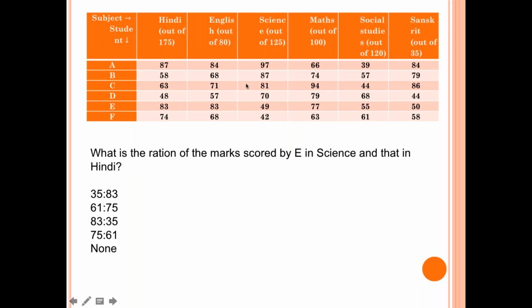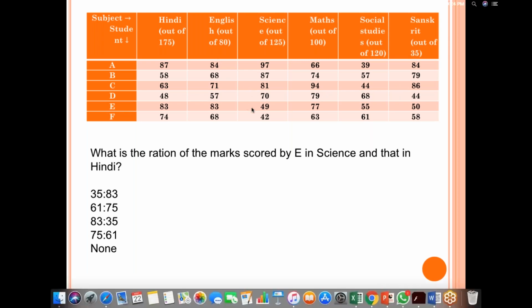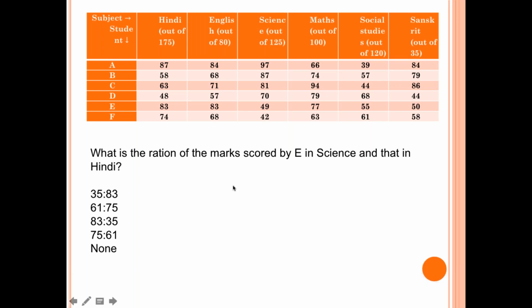74 approx 70, 70.5. Okay, let us see it. Let's see this one. See, this is 58. This is 58. This is 68. This is 87, 74, 57, 79. So if we see, this is rank 1, rank 2, rank 3, rank 4, rank 5 and 6 are very